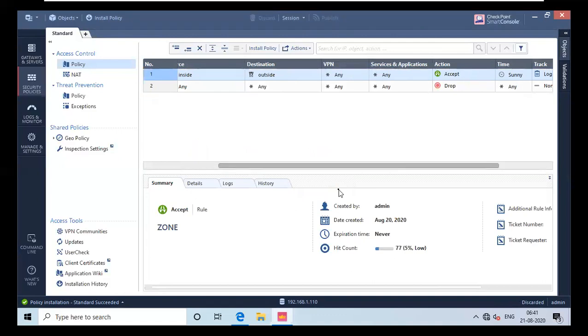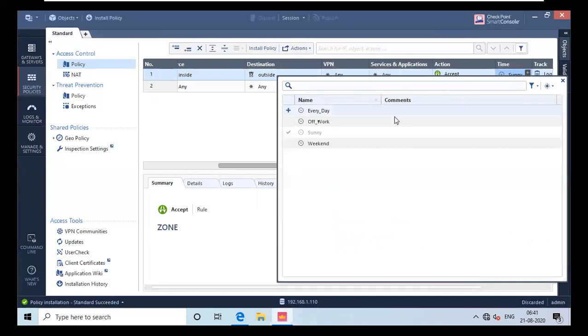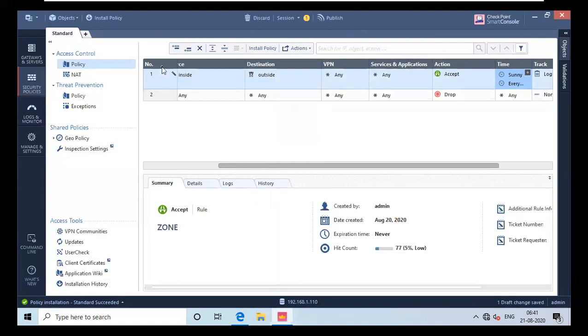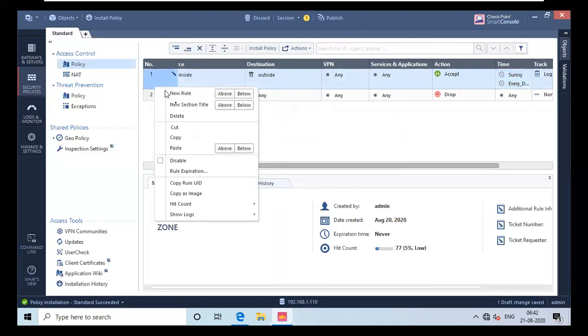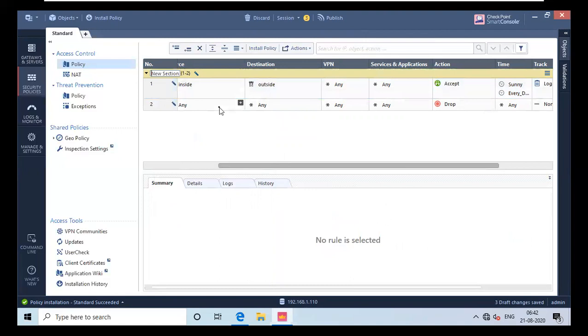Okay, so if you are making section titles and this, you have to make sure you install the policy. Okay, so I am not installing it because it can cause me error. That's why. So let me do one thing. Let us make it as in. Okay, everything looks fine. I will publish it. Okay, I will create one section which is zone for you guys. Let me do it again for you. It's very simple. You have to go here and go for above. Above, I will name it zone.